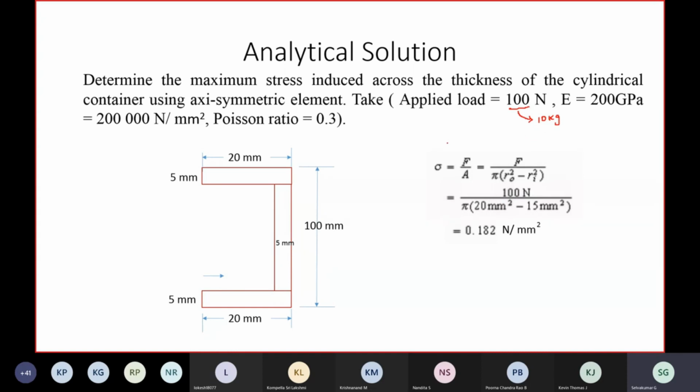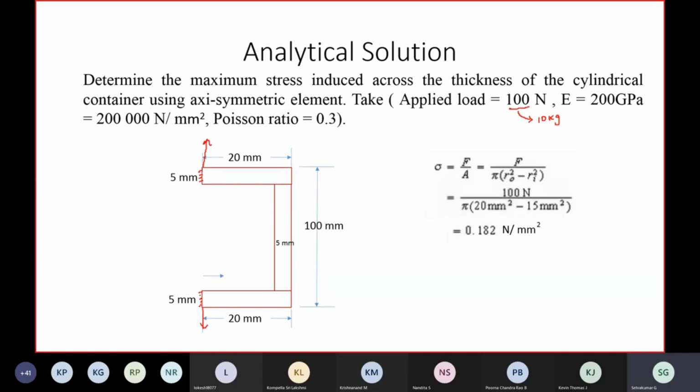The cross section is the shell, the volume you will have if you revolve with respect to the y-axis. Since I am going to apply the force here and here, I give the symmetry condition here, and here also I can assume the symmetry condition.